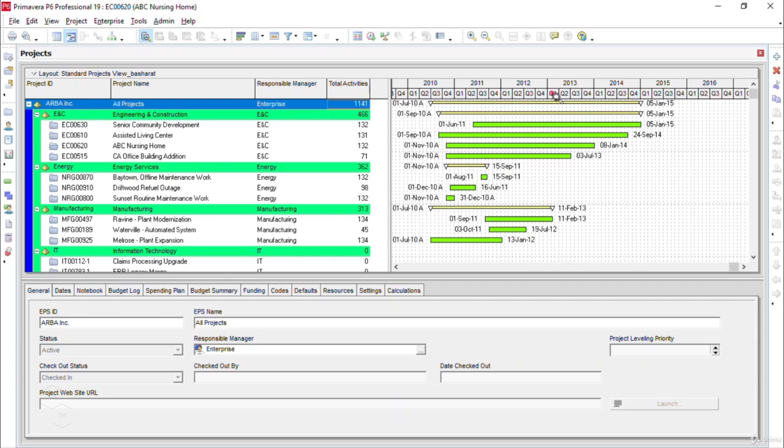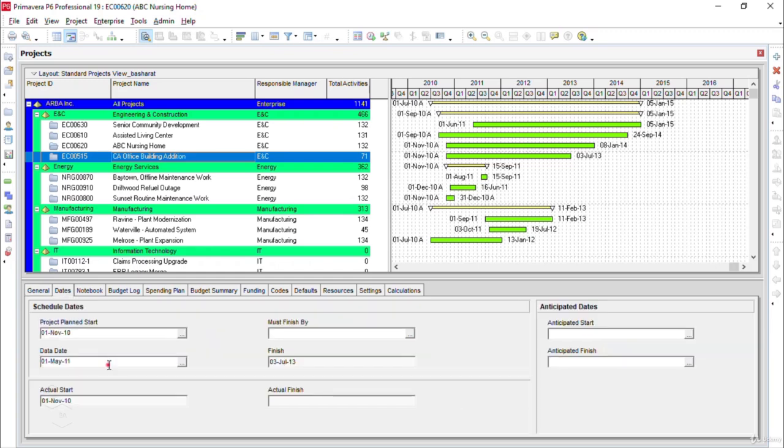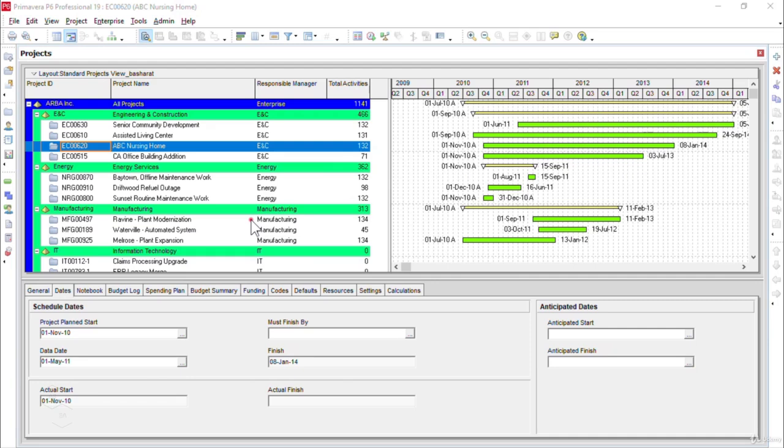Now in the bottom, the detail view, the main objective of the detail view is to show us and provide details such as project ID, project name, responsible manager, project start, and project end dates. And it also shows the other default options for any item or project that is selected in the table view. Other than that, in the projects view, we have a list of all the projects that are shown for the organization